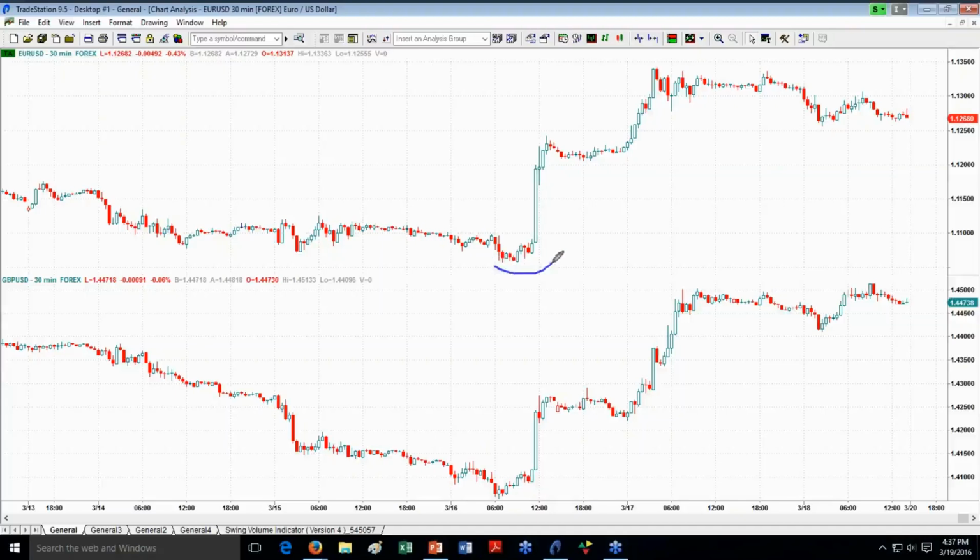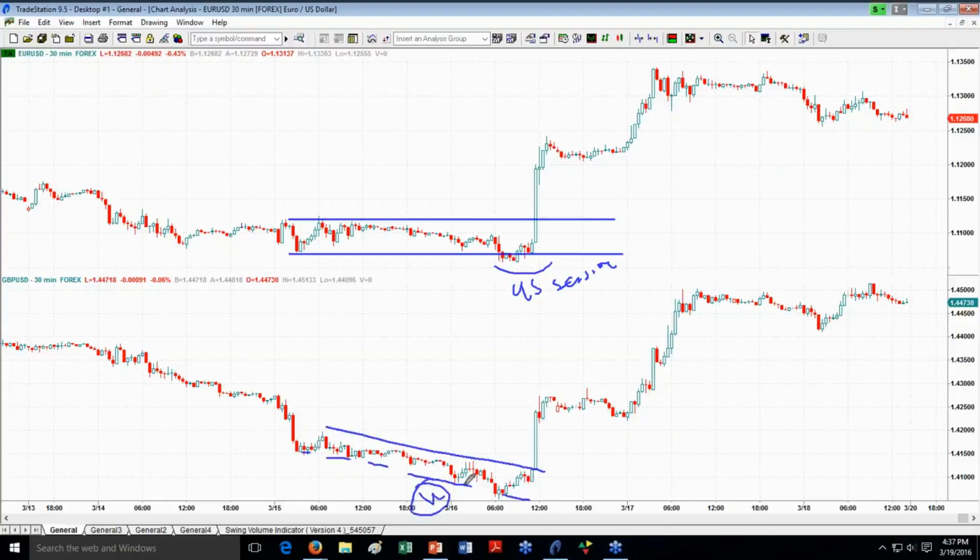So for instance, during this session in the US, I'm seeing a structure here, a sloping down structure, so this looks weaker. So therefore, if everything is based on the upward movement, and we have the daily swing to the upside, and we have the intraday structural bias also to the upside based on phase C here, then we could open the position in the instrument that is stronger